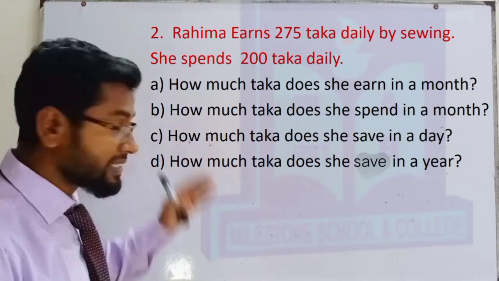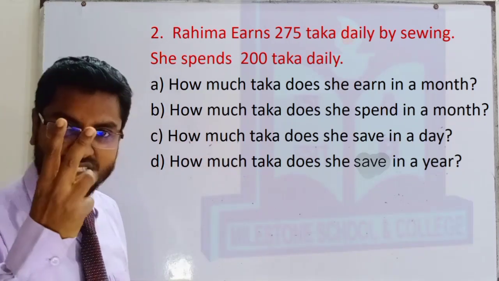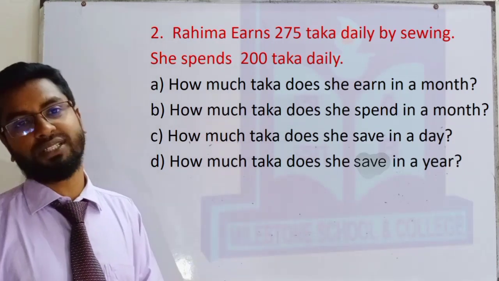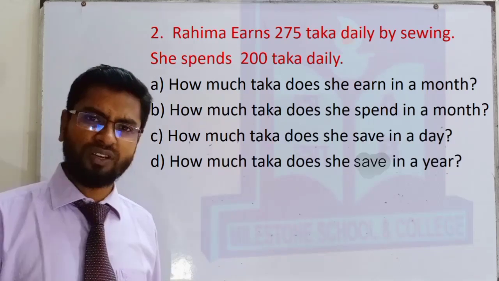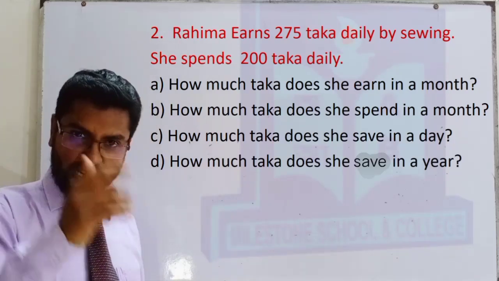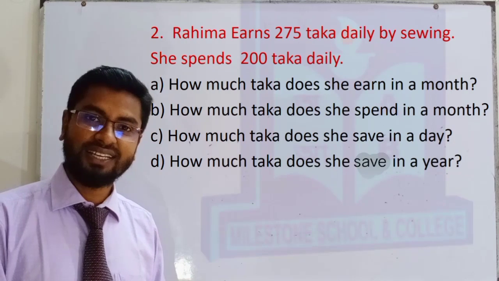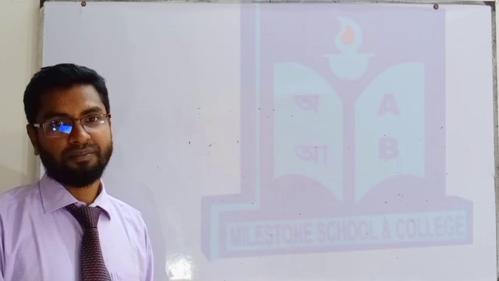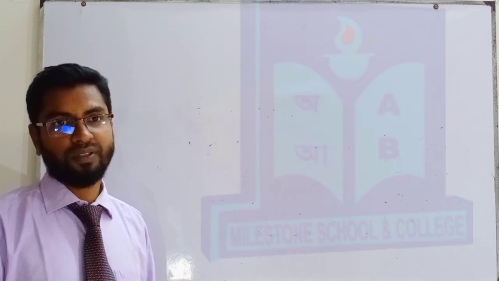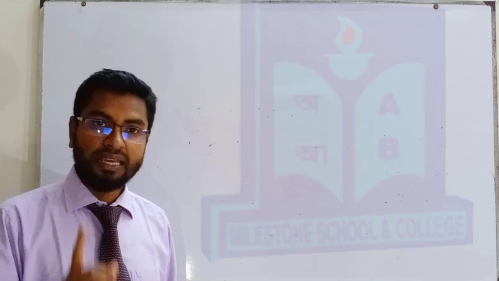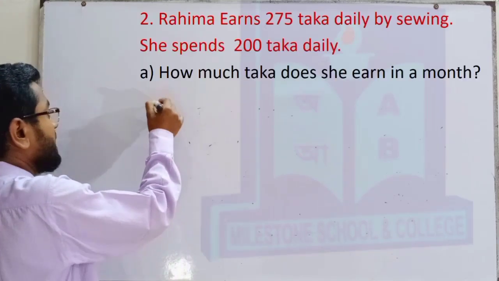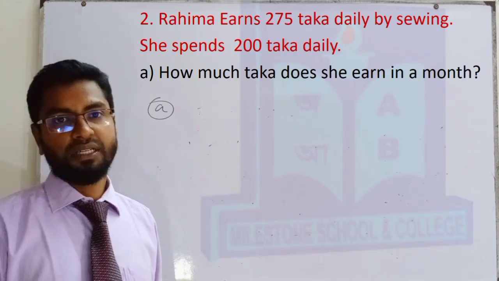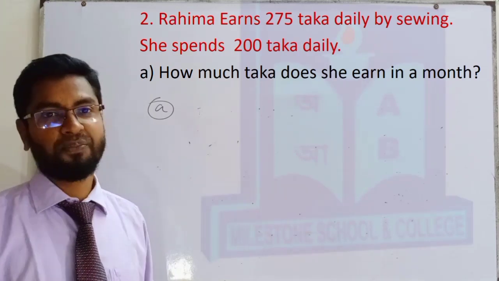This creative math, you must read at least 3 times. Then it will be easy. I think you can do it. Before my solving, you already have the question. Try to solve it. I want to see that you have done it. Okay. Now see, A number solution we will solve. Read the stem again.